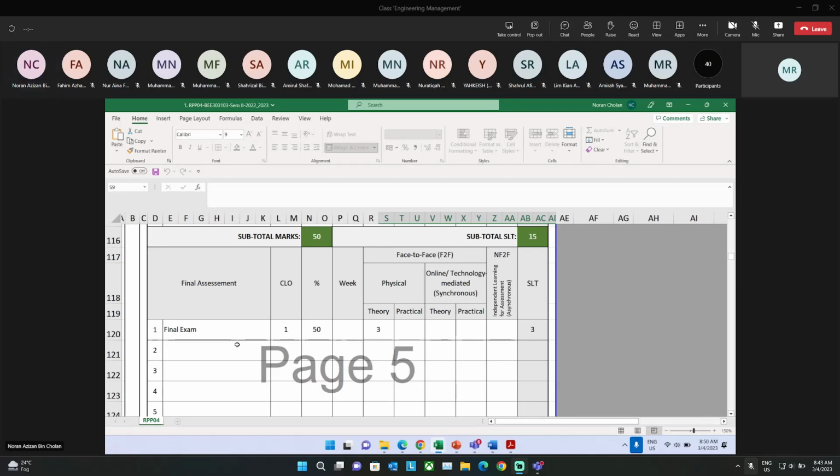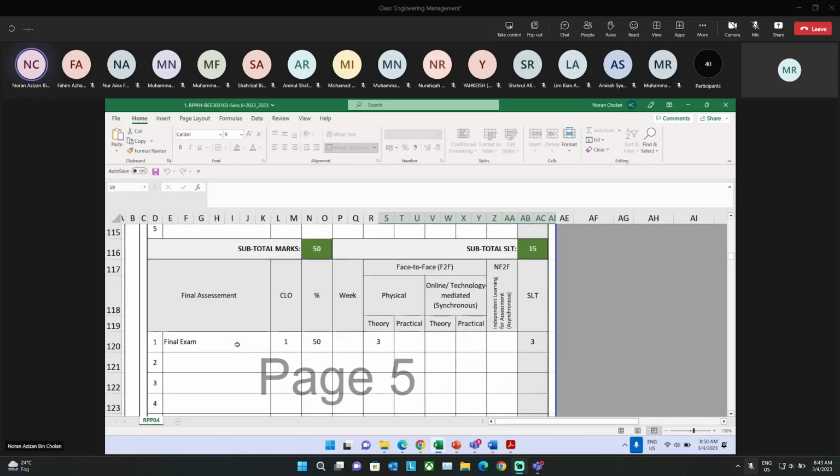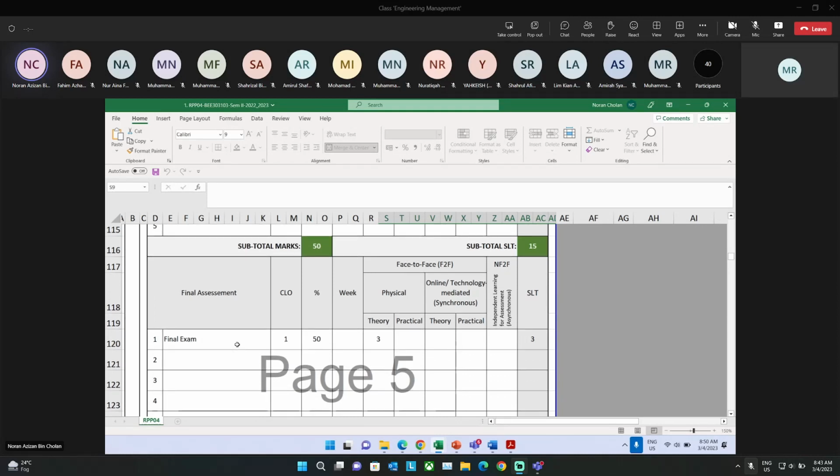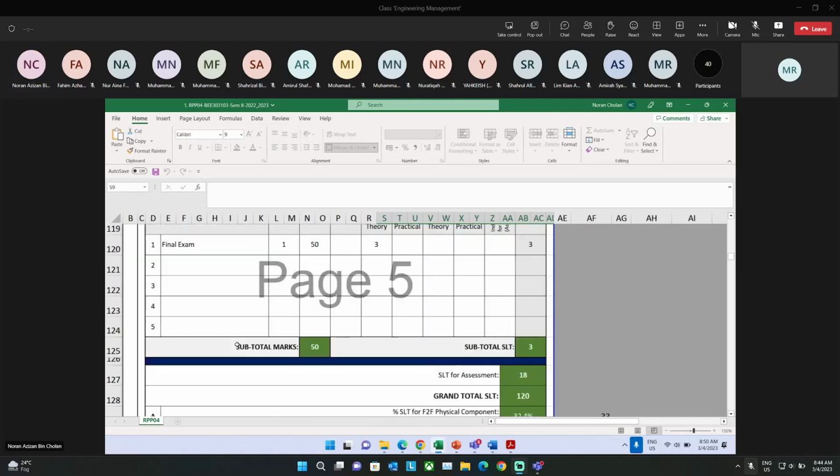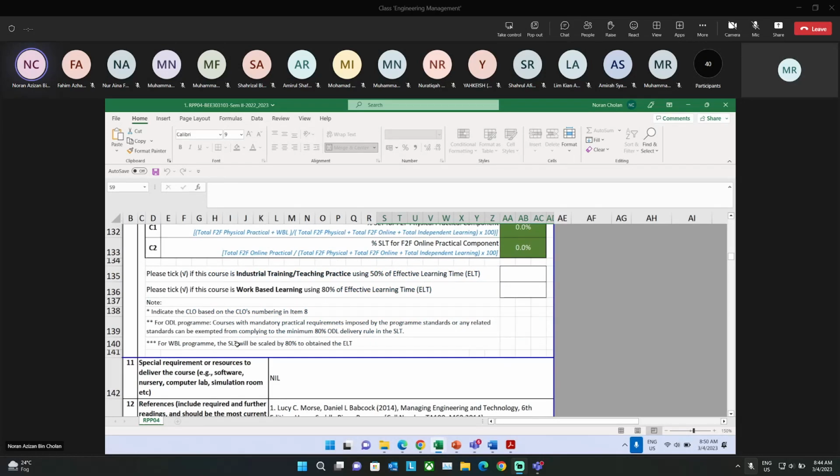So it's a face-to-face final exam lah. That means you need to go to the examination hall and take the exam lah. It's not online lah. Okay,